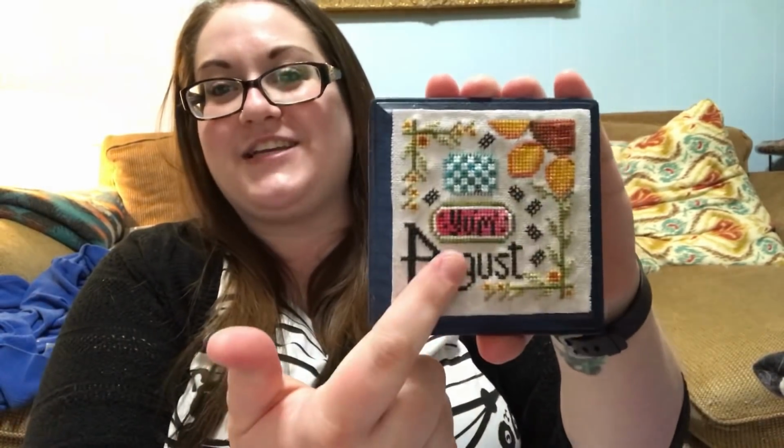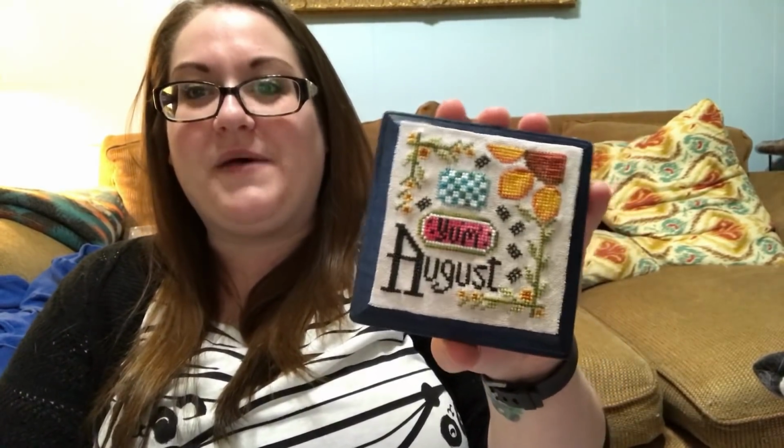But I think so far my absolute favorite has got to be August. And I did change the word inside of the watermelon. It was supposed to say sunny and I changed it to say yum. Because, I mean, I'm in Texas, obviously it's sunny and hot. But no, really, I thought it would be really cute if it said yum, so it would be a shorter